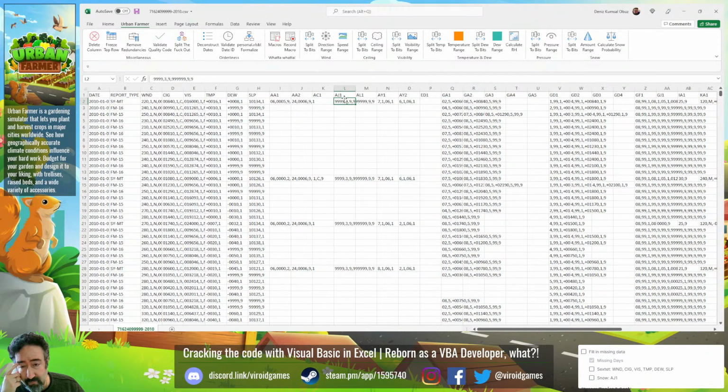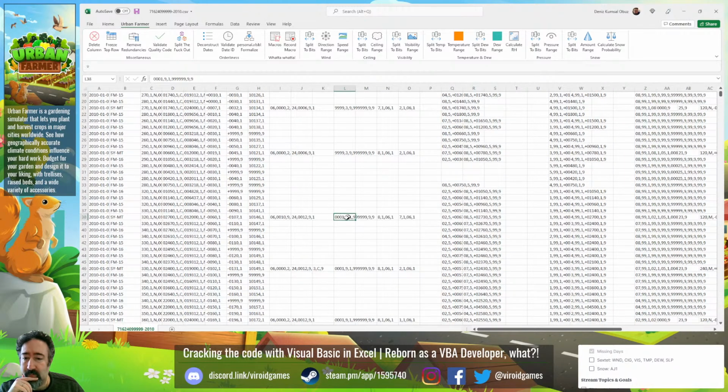So this is the snow field. We figured out that this is a better field to parse than AL1. So for example, we need to take this 1 centimeter of snow accumulation and extrapolate that information to the